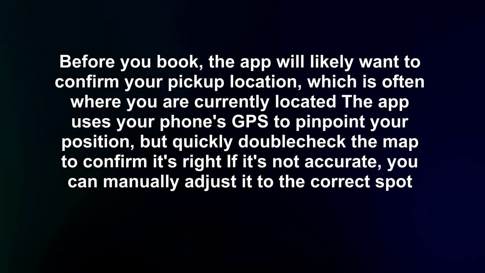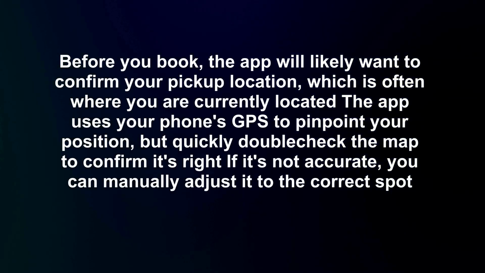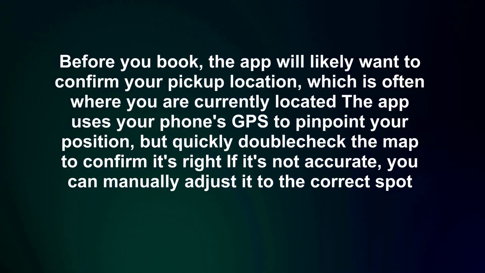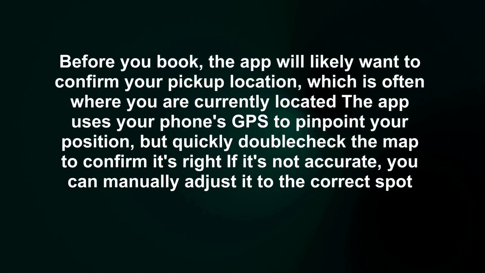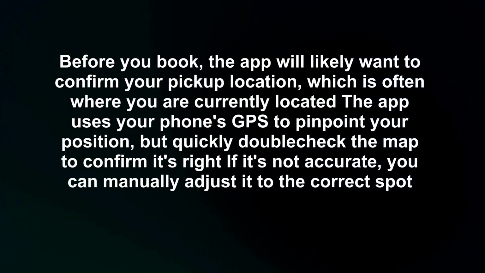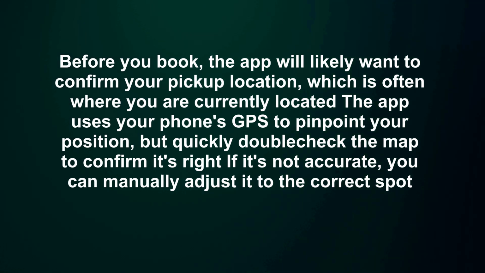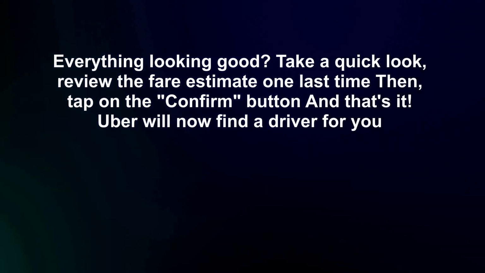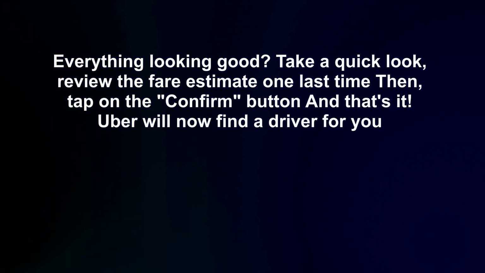Before you book, the app will likely want to confirm your pickup location, which is often where you are currently located. The app uses your phone's GPS to pinpoint your position, but quickly double-check the map to confirm it's right. If it's not accurate, you can manually adjust it to the correct spot. Everything looking good? Take a quick look, review the fare estimate one last time, then tap on the confirm button,